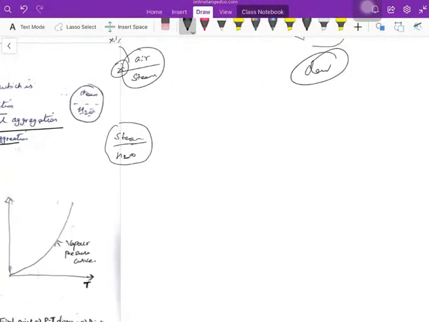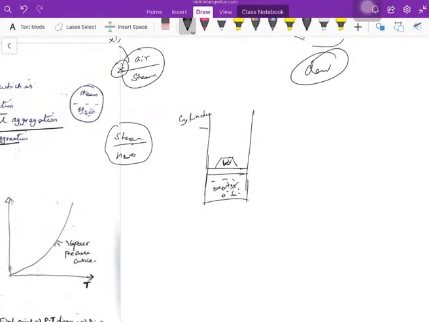Okay, what I'm trying to do is I'm having a vessel. Inside the vessel I'm having water. This water is enclosed with some piston. On top of the piston, let me add some weight W. So this is my initial condition. This is a cylinder. Inside the cylinder I'm having water at 0 degree centigrade. On top of this water I'm having a piston, and on top of the piston I have put some weight.